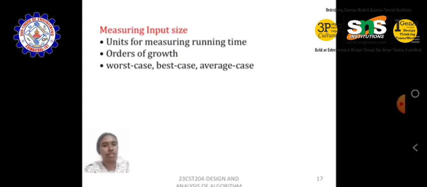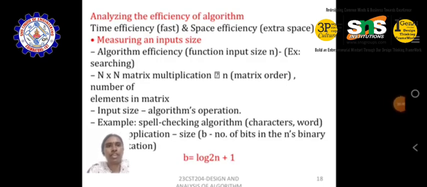The first one is measuring input size. When analyzing the efficiency of an algorithm, the initial step is measuring the input size. Here, input size refers to the amount of data that an algorithm needs to process. The size of the input is usually represented by n, where n is the number of elements in the input. For example, for a sorting problem, the input size would be the number of elements in the list or